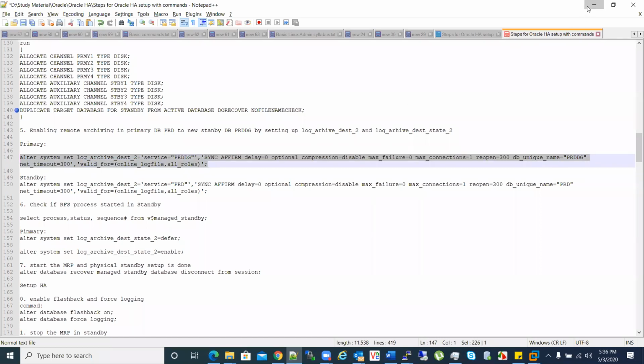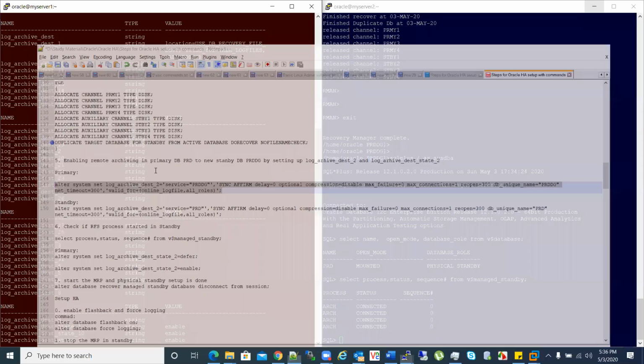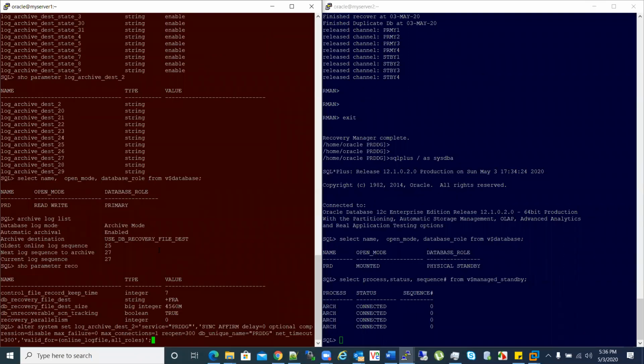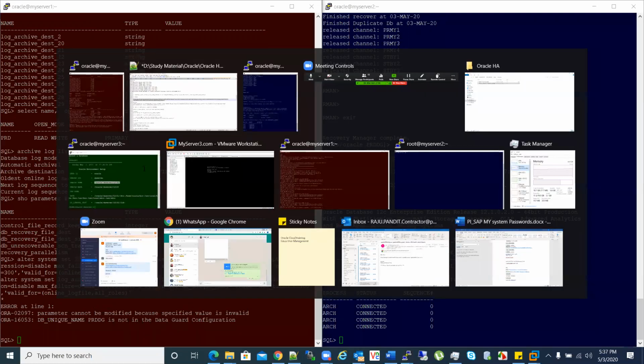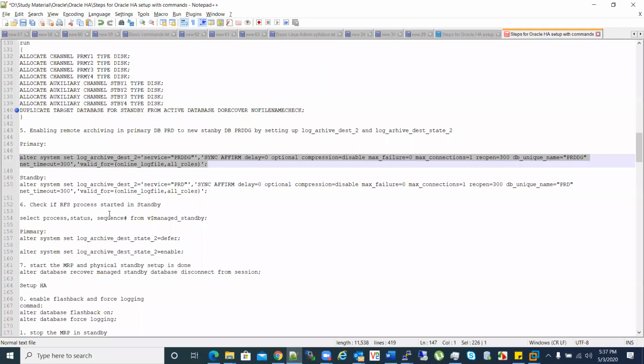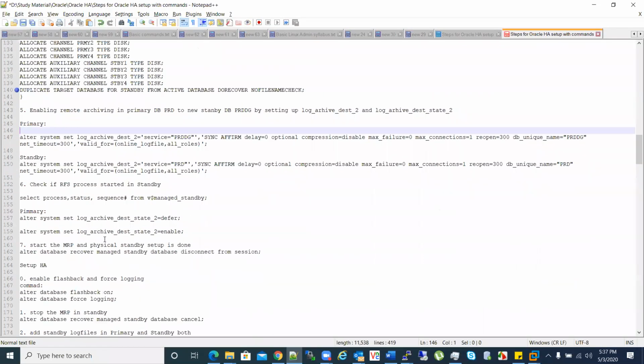With HA standard, and I'll hit enter, and it failed. It says DB unique name PRDDG is not in the Data Guard configuration. Okay, so before going here, we'll have to set a few parameters. For example,